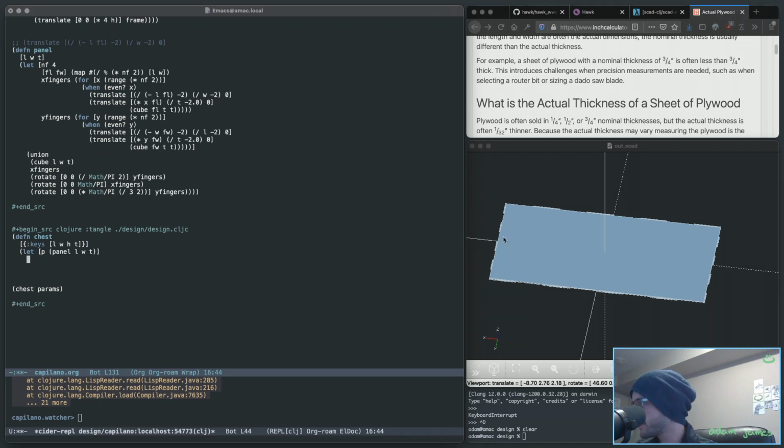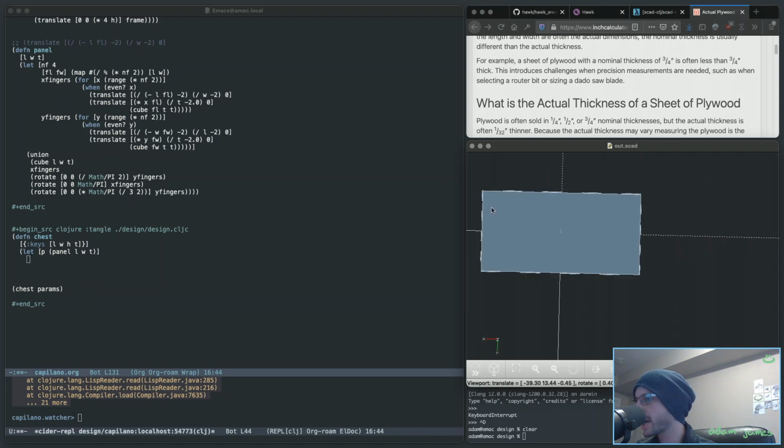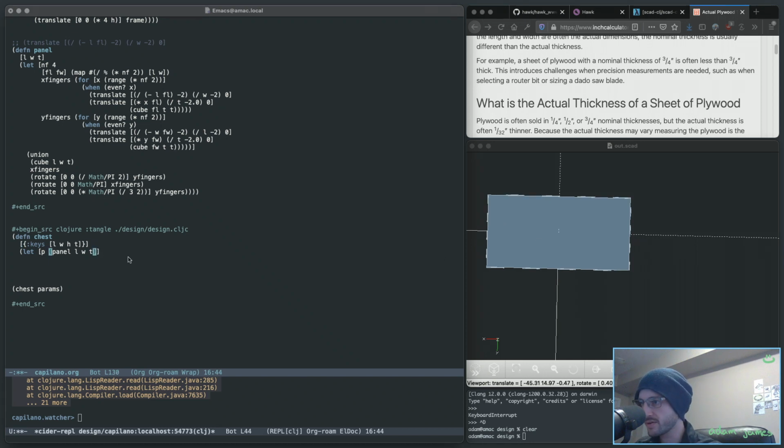Yeah, so I don't know if you saw that. I fixed the panel finger sides. They now scale appropriately to the length and width so that they're not floating in the middle of nowhere. So now I'm just going to try put a panel. Let's do union the panel, and now let's just try to translate another panel by